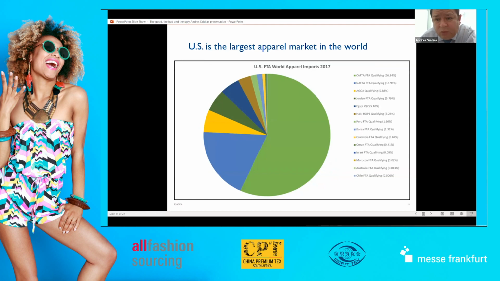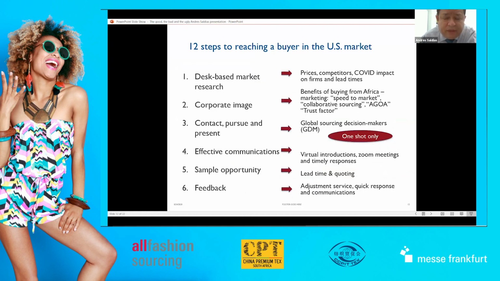And who are they? We're talking about Jordan, Egypt, Haiti, Peru, Korea, Colombia, Morocco, and they are getting market share. They also have some special treatment on imports to the apparel industry. Based on that, understanding there's a huge opportunity to get that market share, what I've been doing in the last 3 years in Africa is bringing buyers to the region pretty successfully, having buyers like Puma, Jockey, Calvin Klein, Walmart, PVH, G3 Group, Global Sourcing Group, and so on and so forth.